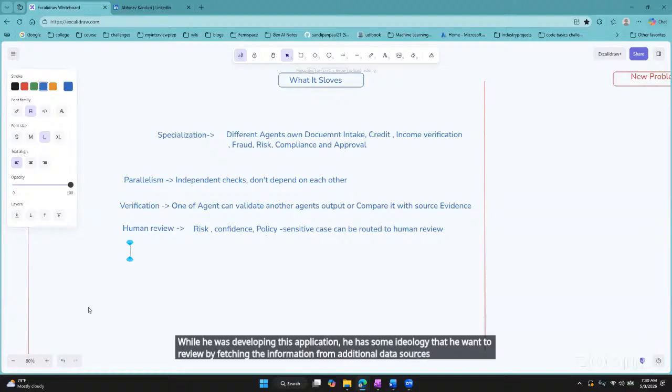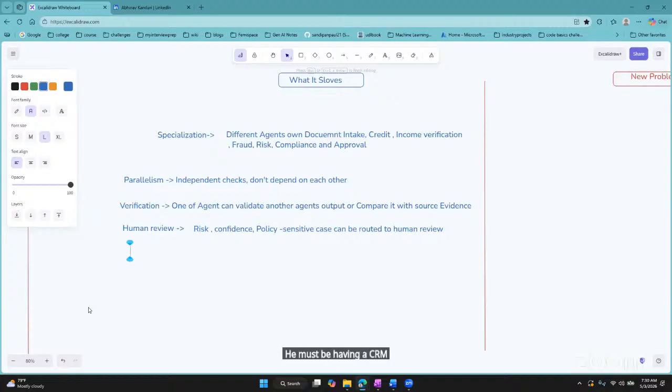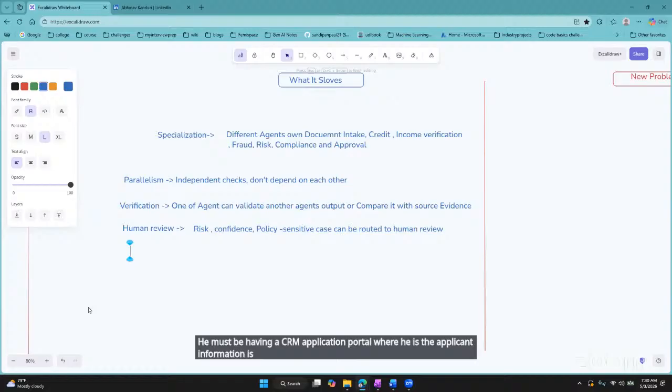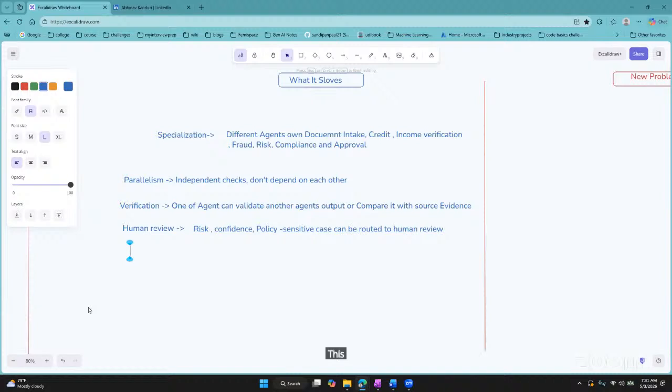Or he must be having a CRM application portal where the applicant information is completely available with past reference data, or the bank is additionally having customer data. So you can assume something like that, and this human review agent wants to fetch the information based on the